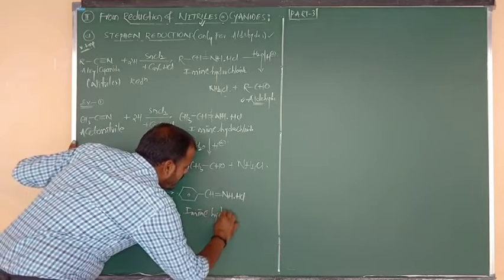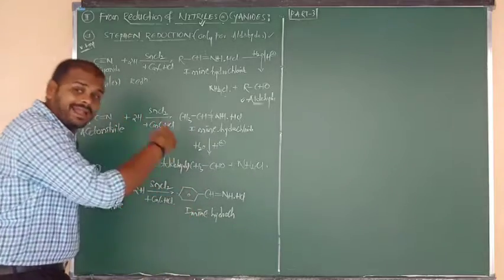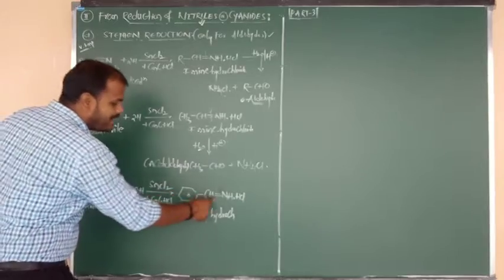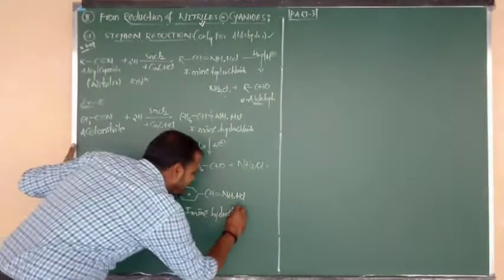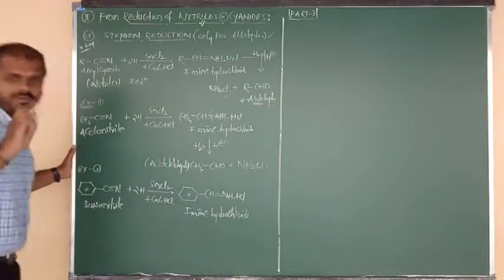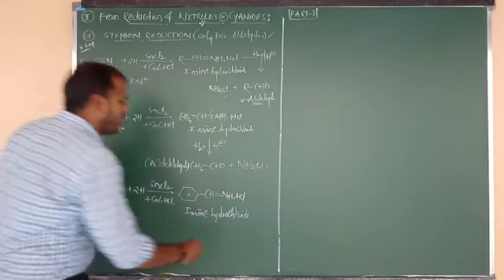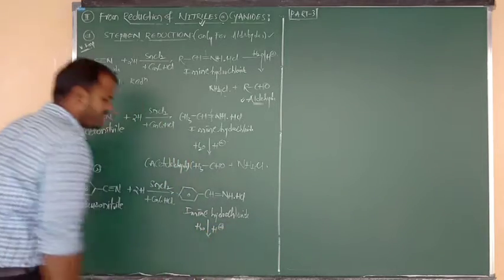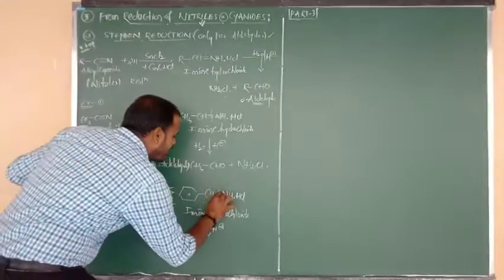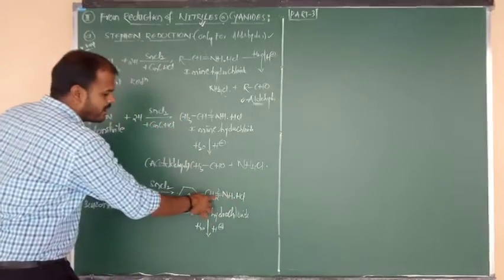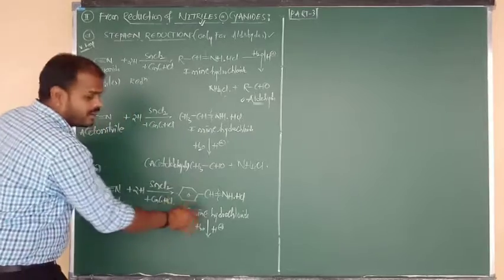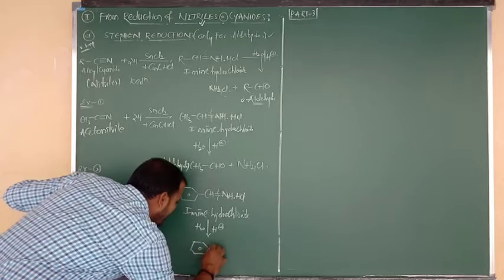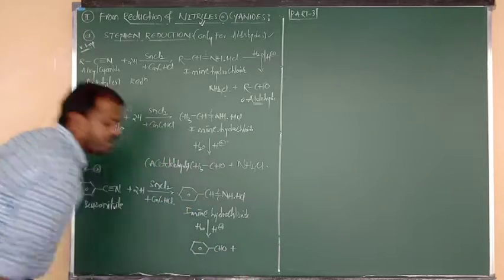Imine hydrochloride. But which imine hydrochloride? Benzaldehyde imine hydrochloride. What about this? Acetaldehyde imine hydrochloride. This is benzaldehyde imine hydrochloride. Otherwise simply you can say imine hydrochloride. No problem. Followed by it, it also undergoes hydrolysis. The medium is nothing but acidic medium. Upon hydrolysis, again the double bond undergoes cleavage. After cleavage of the double bond, that CH is attacked by O. Nothing but benzene bonded to CHO. So what is the name of this compound? Benzaldehyde.